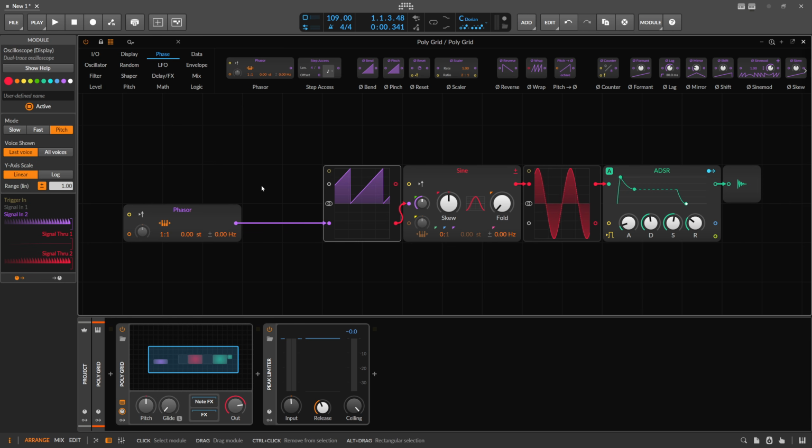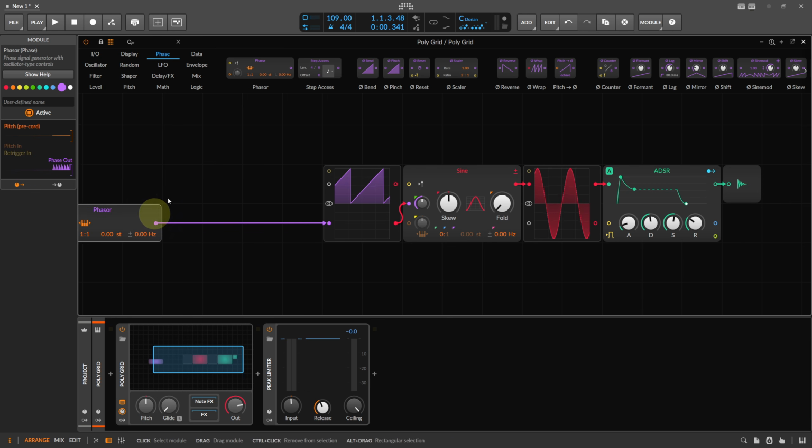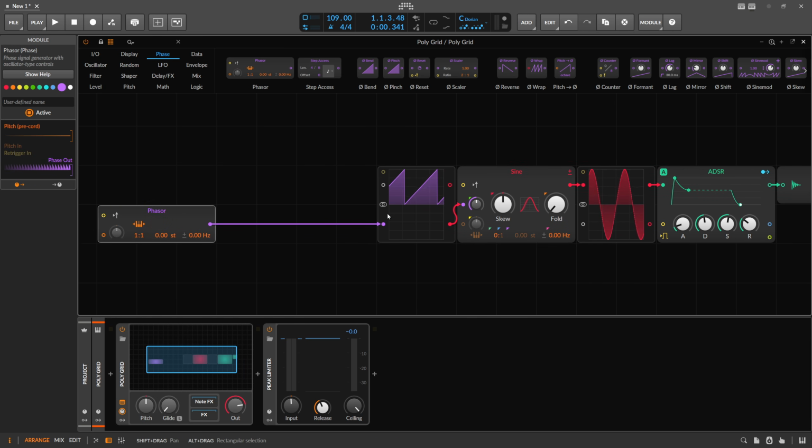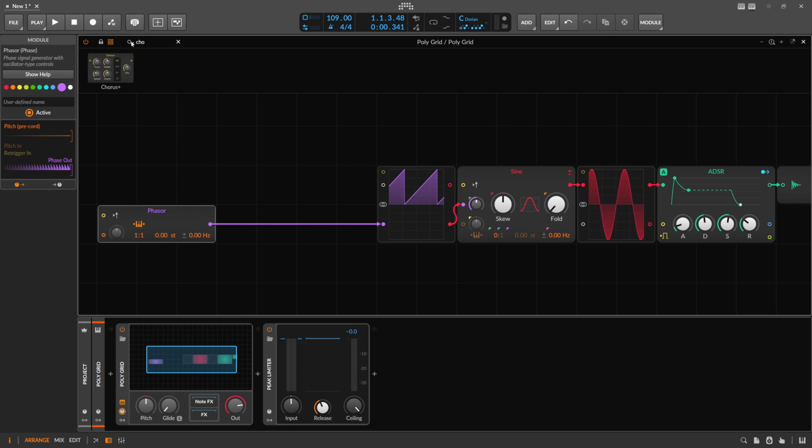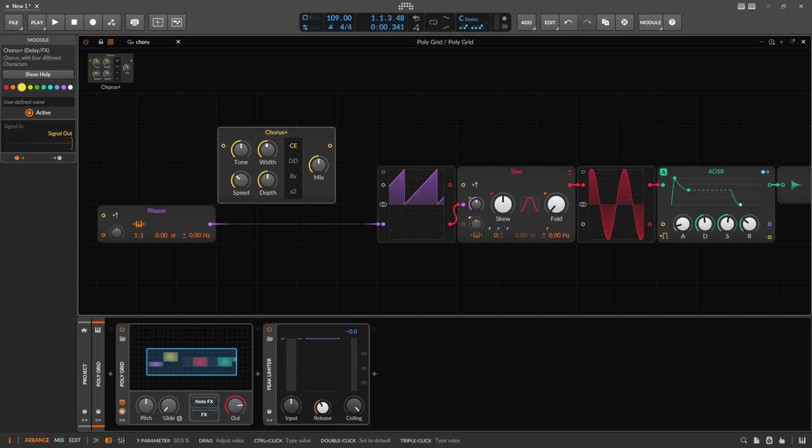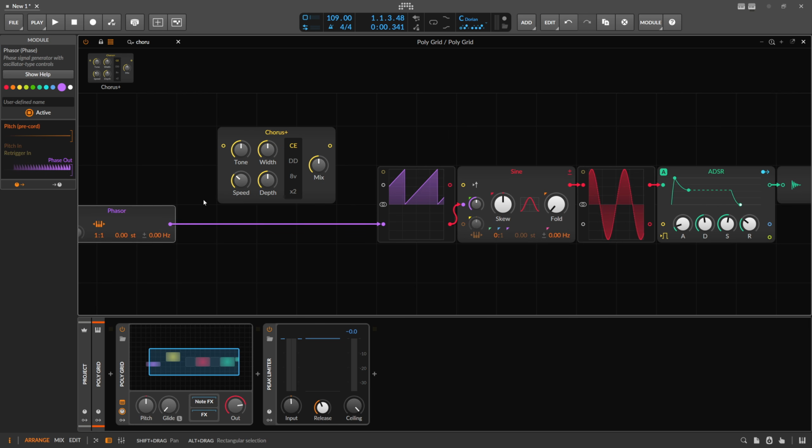What we can also do is try to bring in some audio effects. Let's say what I sometimes do is use a chorus. The chorus here is an audio effect, which means it doesn't work between 0 and 1. It actually works between -1 and +1, because this is usually how audio signals look. So when we hook this up here,